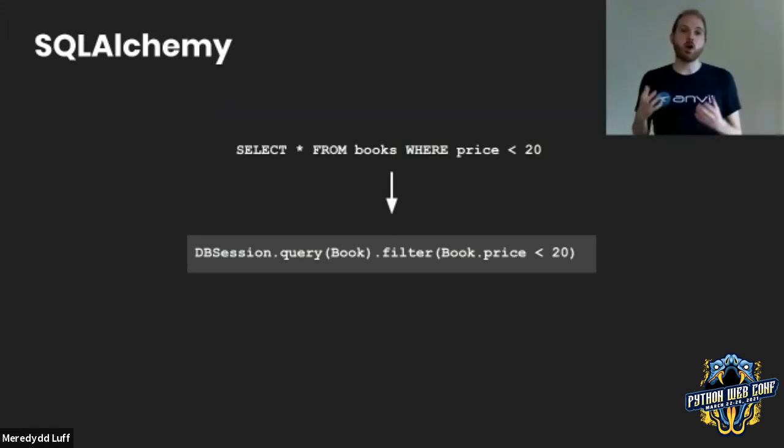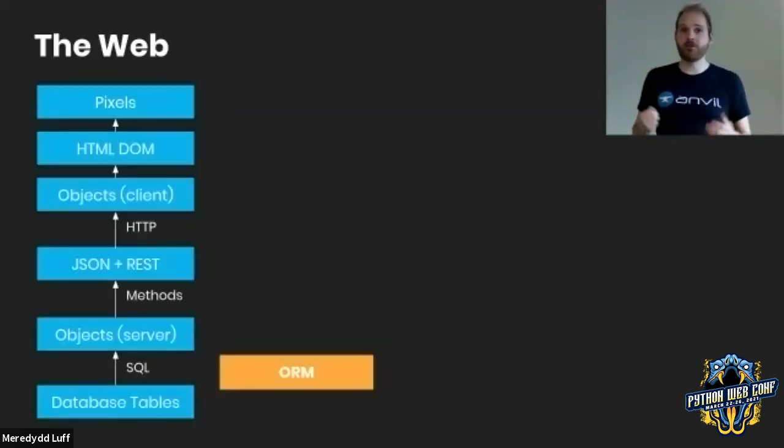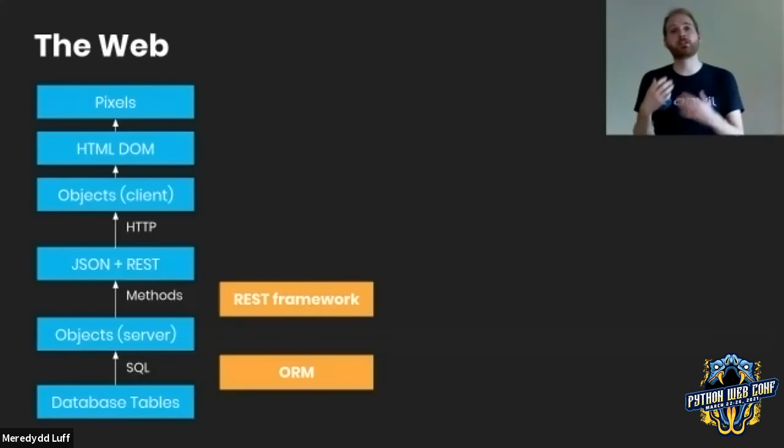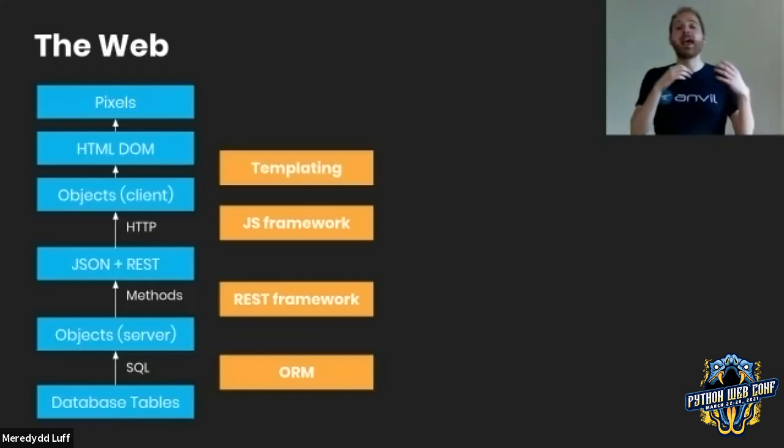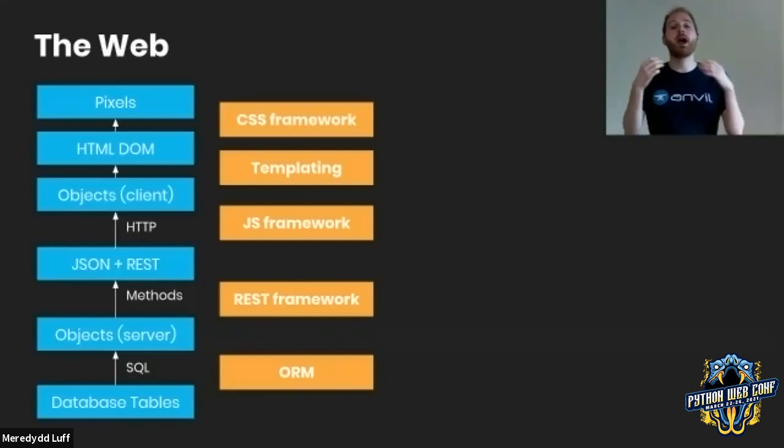To use it properly, we need to understand Python and SQL and how SQL Alchemy does the transformation. And we might be able to get away with that once. But of course, that's not the only framework in our stack. We've got ORMs like SQL Alchemy helping us turn database tables into objects. We've got REST frameworks helping us expose those objects on HTTP endpoints. We've got JavaScript frameworks like Angular's resources helping us reassemble those HTTP payloads into JavaScript objects. We've got templating engines like React helping us turn those objects into HTML DOM, and we have CSS frameworks helping us render those into pixels.